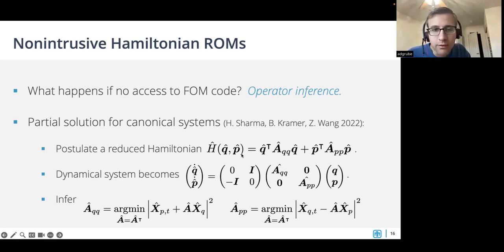So what they chose to do is to postulate a quadratic reduced Hamiltonian. So I say, okay, assume